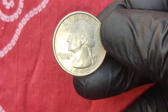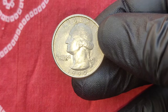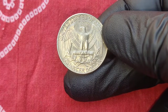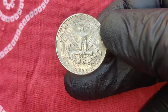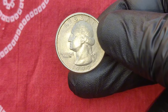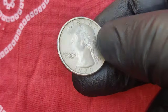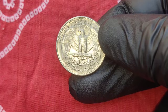The demand for certified 1990 P extra-fine specimens has surged like wildfire. Private collectors, auction houses, and even major numismatic investors are chasing them, offering eye-popping amounts just to own one. It's not just a coin anymore, it's a symbol of modern rarity, a legend born not from history's dust, but from precision's edge. A 1990 P Washington quarter in extra-fine, verified condition showing that unmistakable, beautiful luster and perfect strike is now commanding a market value of